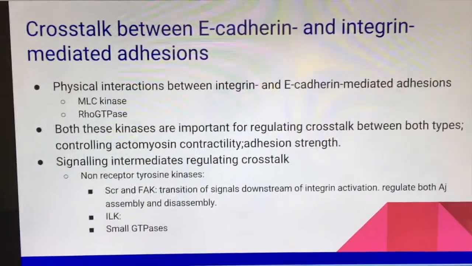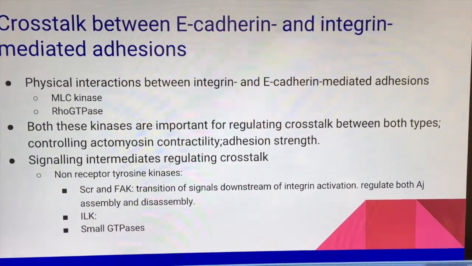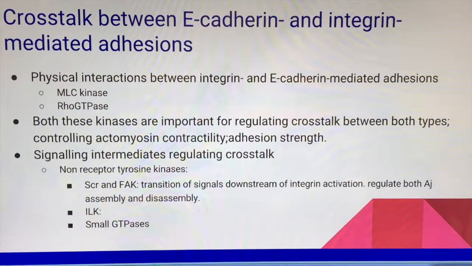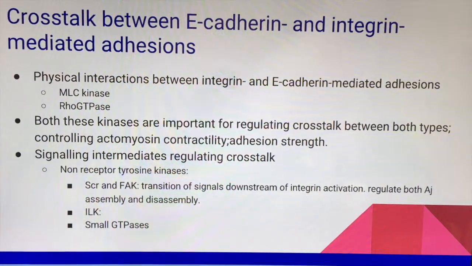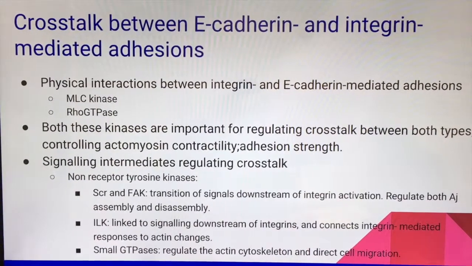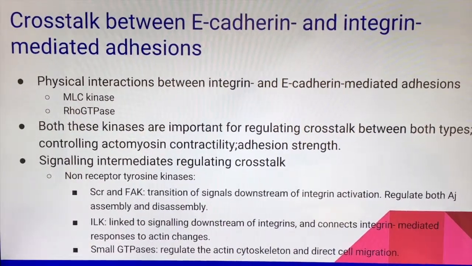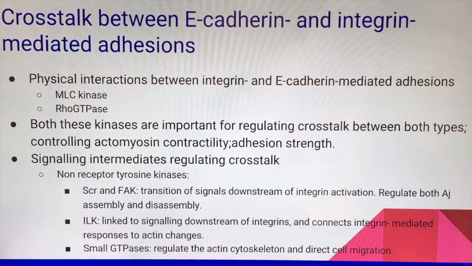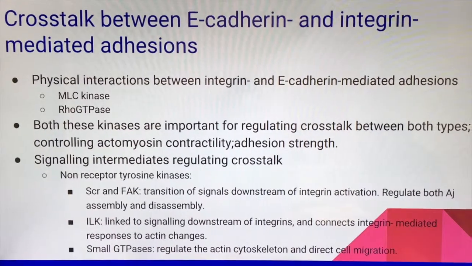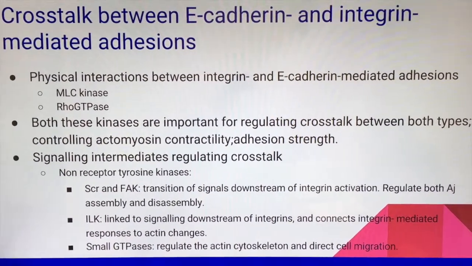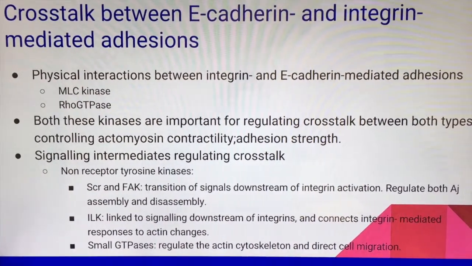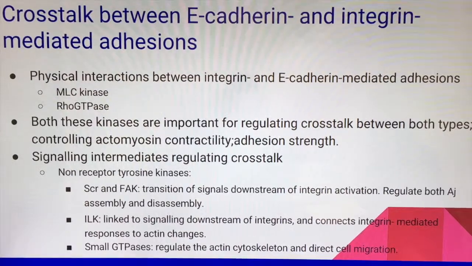Alright, so the crosstalk between E-cadherin and integrin-mediated adhesions. They have physical interactions between integrin and E-cadherin-mediated adhesions. Those interactions involve MLC kinase and Rho-GTPase. MLC kinase is short for myosin light chain kinase. It belongs to the immunoglobulin superfamily, and its function is to phosphorylate regulatory myosin light chains of myosin 2, so it can facilitate myosin binding to actin, and that aids in the contractility by relaxing your